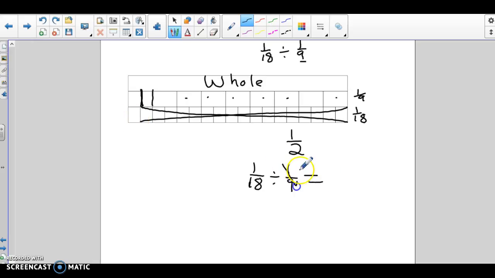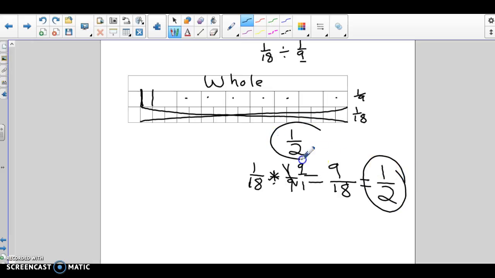So let's find the reciprocal, 9/1. Multiply across. 1 times 9 is 9, and 18 times 1 is 18. 9/18 is 1/2, dividing 9 by 9 and 18 by 9. And our algorithm matches the